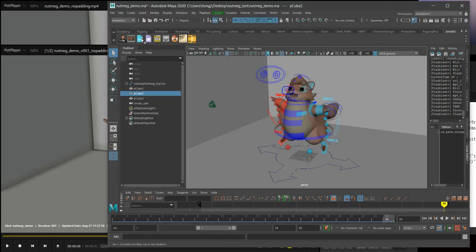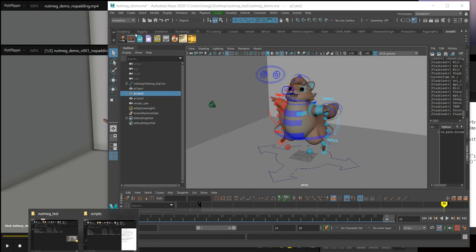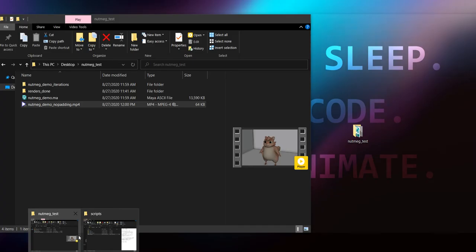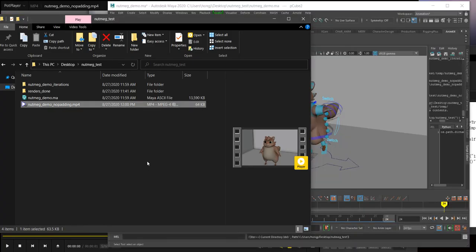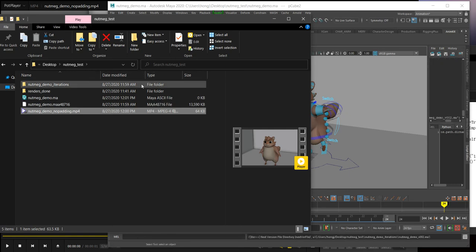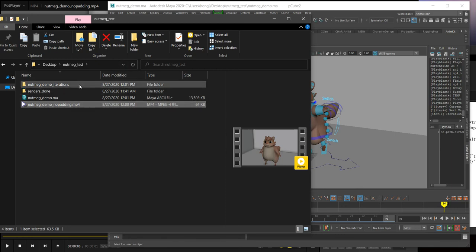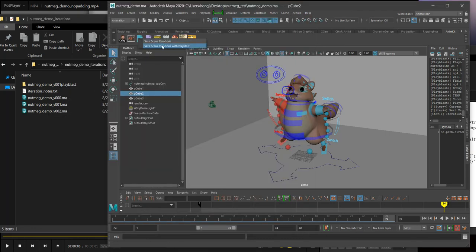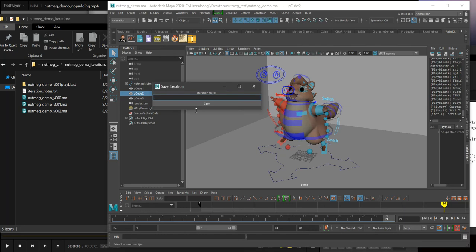Now, going back to this, I can do another iteration, so say third iteration with no playblast. If I don't think it's going to need a playblast, for example, like a model, a static prop does not need a playblast whatsoever, so I can just save the iteration using that. And V002 will not have a playblast. But now, say if I want to save another one with a playblast,